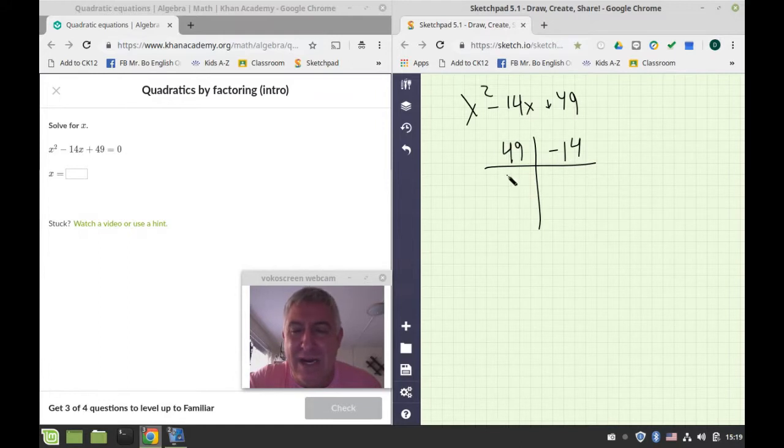So 49, I really have 1 times 49, and I have negative 1 times negative 49, and I have 7 times 7, and I have negative 7 times negative 7. And there's the factors, and the adding up is 50 and negative 50, and 14 and negative 14. So we want negative 14, so these are our two. And then that means that we come out to